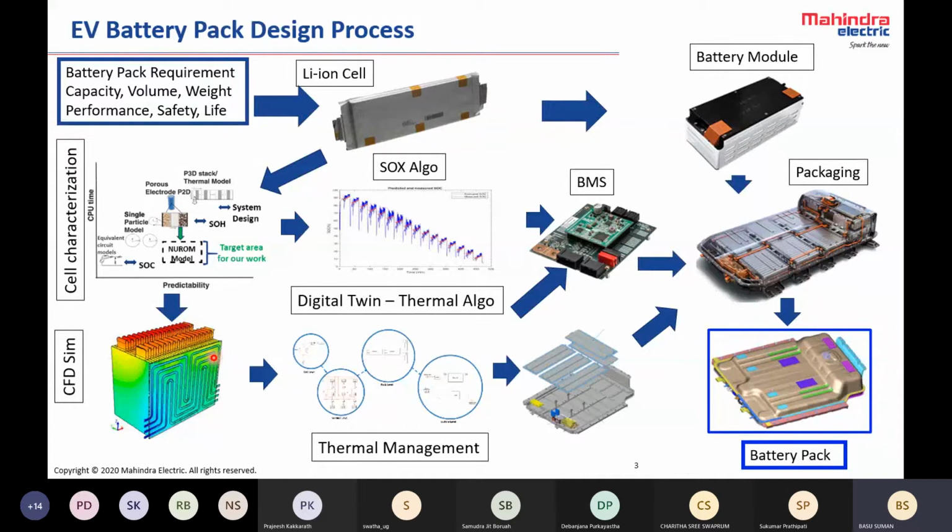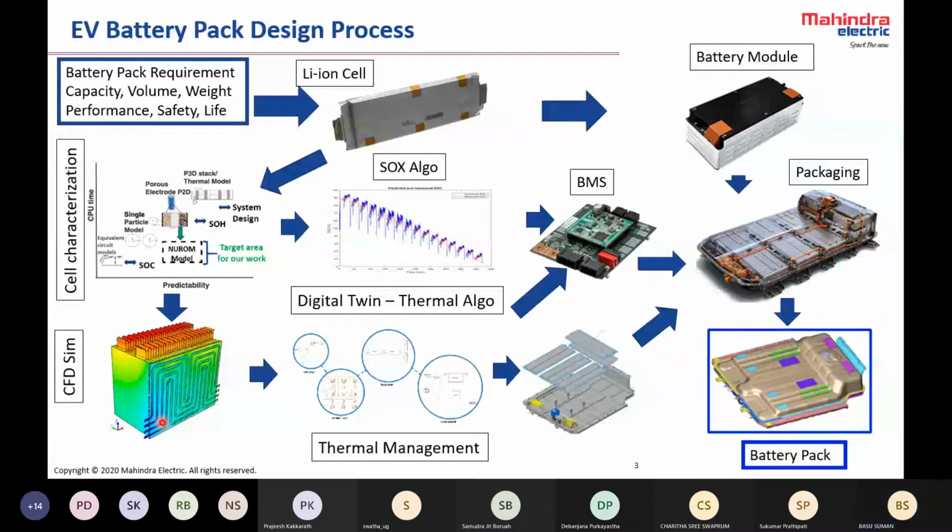And what our task here is to understand that if we assemble the cells in a certain way, then what kind of thermal management system here, for example, this is a cooling plate arrangement. So what kind of cooling plate arrangement do we have to keep? What kind of flow should we need? And the flow should be designed in which direction and which way. For example, here this is going in this way. This is an image taken from the internet. So this is not necessarily a very good design.